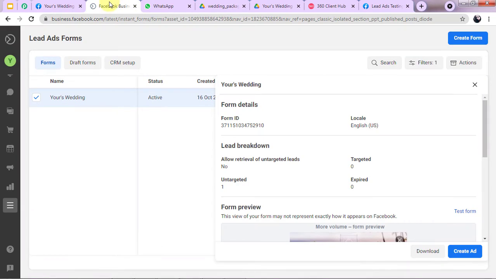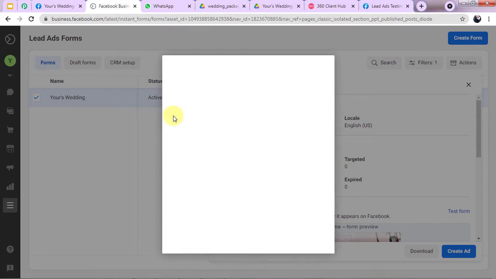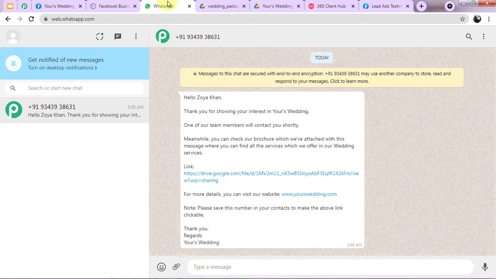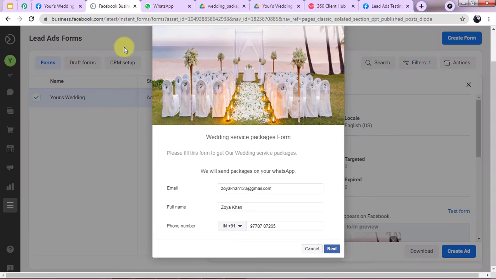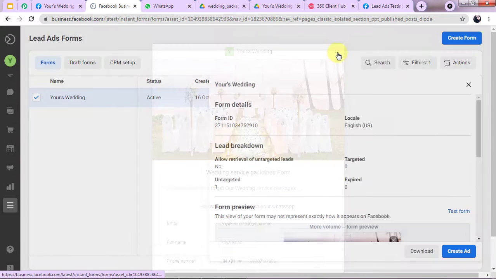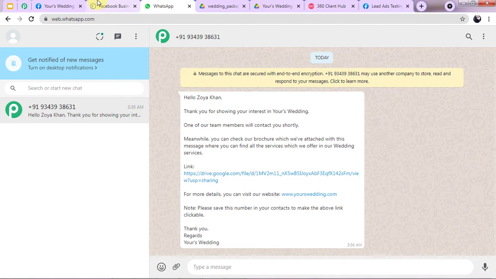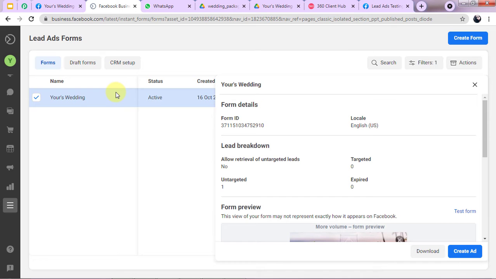So this is the gist of the process, that every time a person fills my Facebook lead ad form and it gets submitted, the message will be sent automatically along with the link of my brochure on their WhatsApp. Now here I know you must be thinking, how did I manage to perform this automation? So let me tell you that I followed 3 very simple steps and created this amazing workflow between Facebook lead ad forms and WhatsApp. So let me show you what those steps are so you can also follow the same